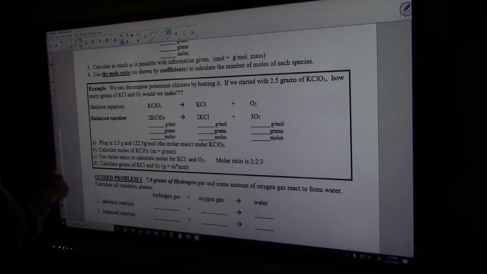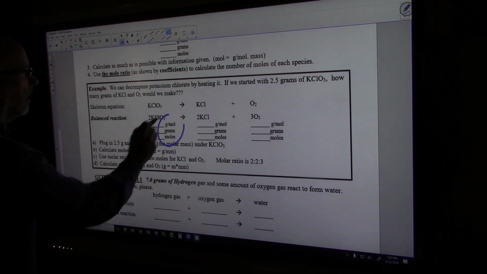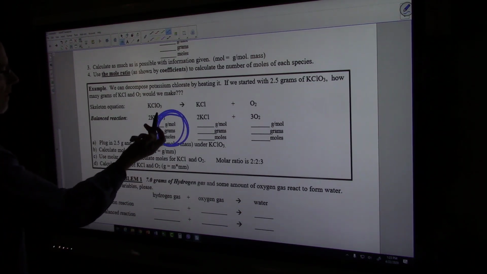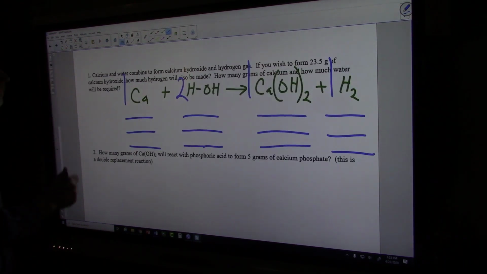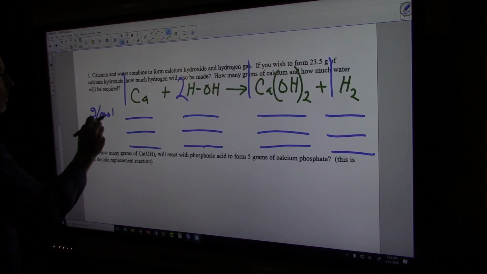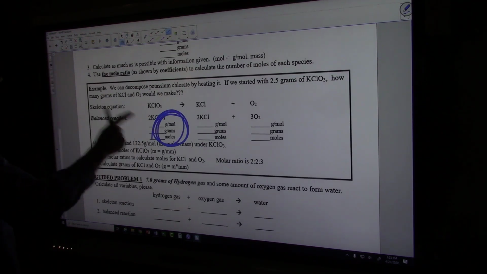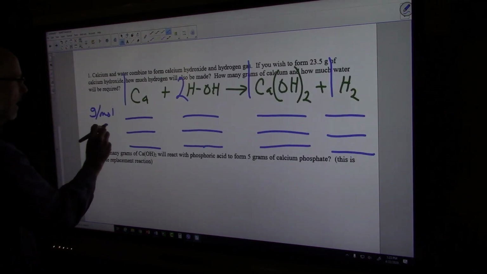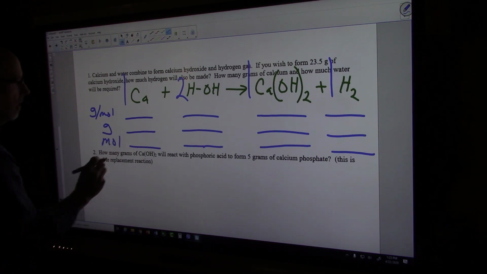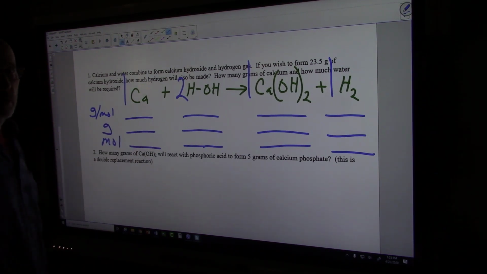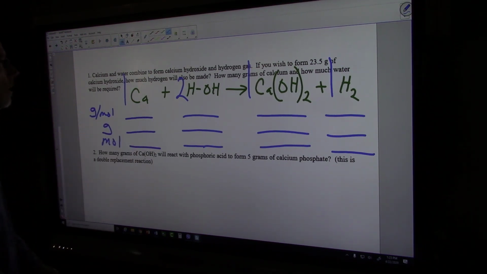So it doesn't matter, but here in the previous page we were using molar mass, grams, and then moles. Molar mass, which is grams per mole. Grams was the second one. Grams and moles goes here then. You can put these in any order that you like. Okay,